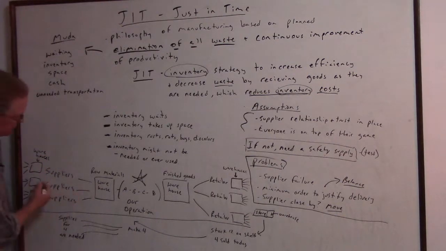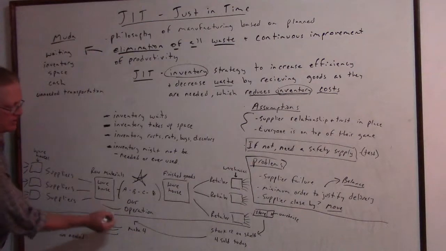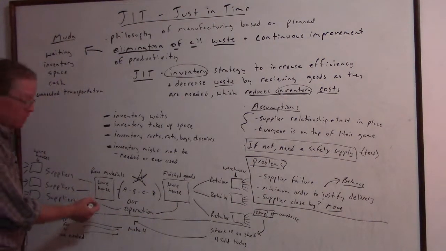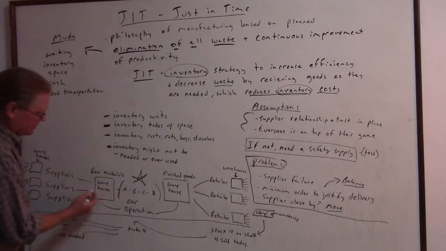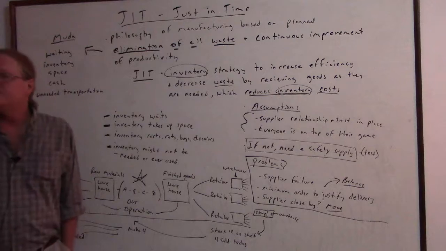And then the suppliers send their goods into our warehouse. This is our operation here, possibly in bulk. So we have a warehouse because we don't trust these people, and then we have our operation,